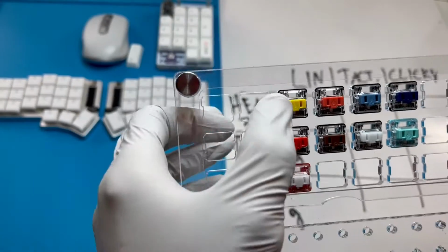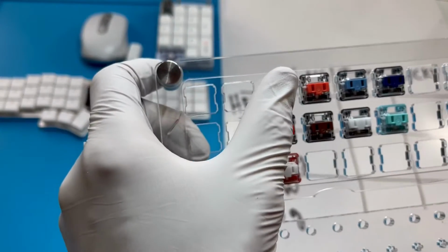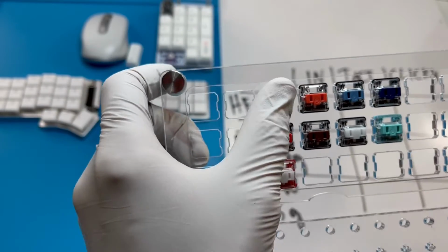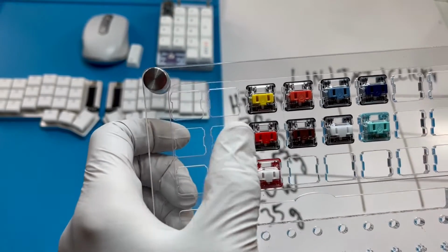That's the sound of them. These have not been modified or lubed from the factory. So that's a 70 gram, pretty heavy feel to me. This is the standard red,